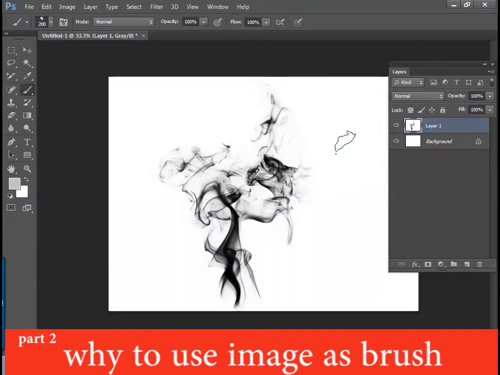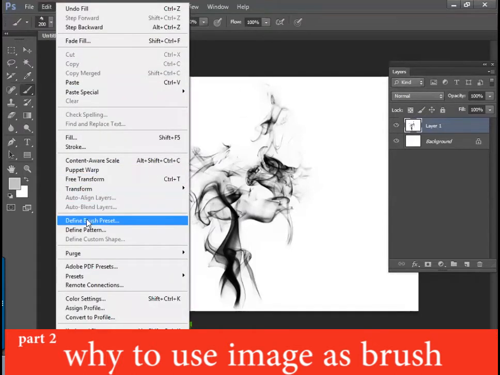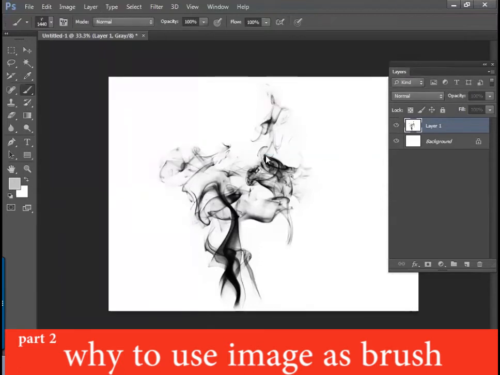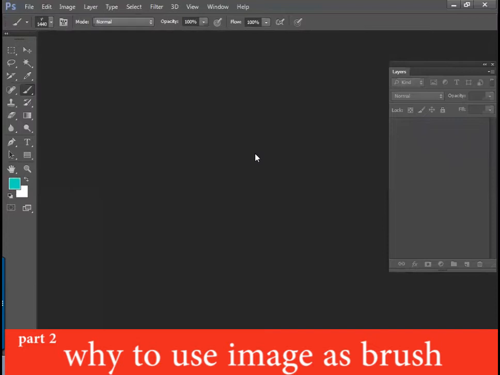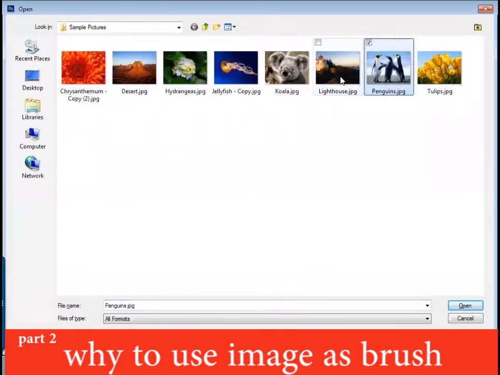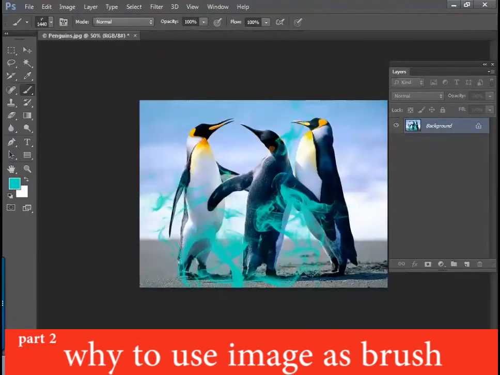So now I got to know how to convert a design into the target black and the canvas white. Now the rest of the things is just one click of the brush. Get it okay? Now the smoke is under your control, and wherever you want, you can place the smoke exactly the same way.